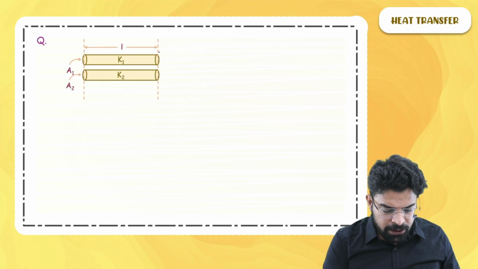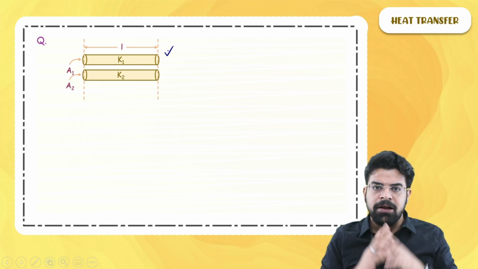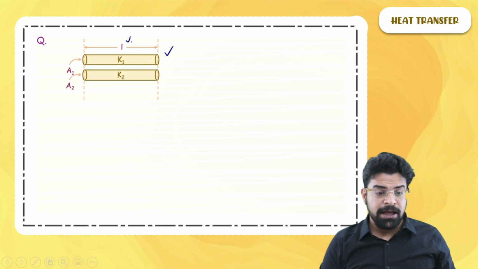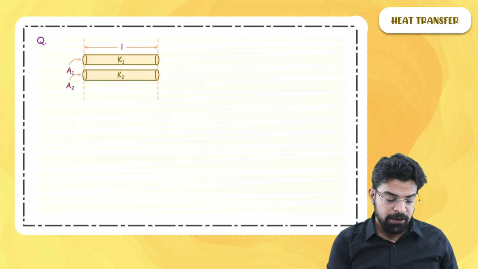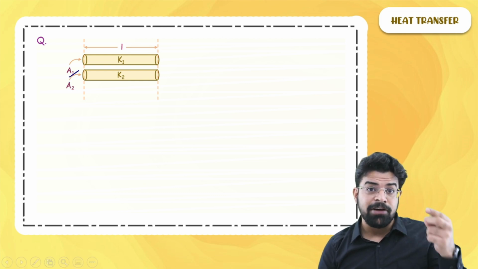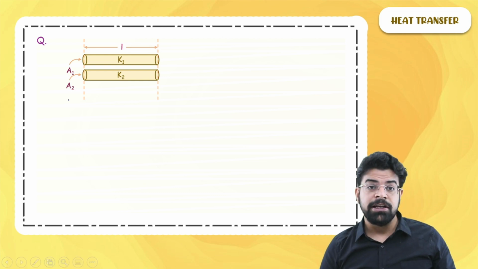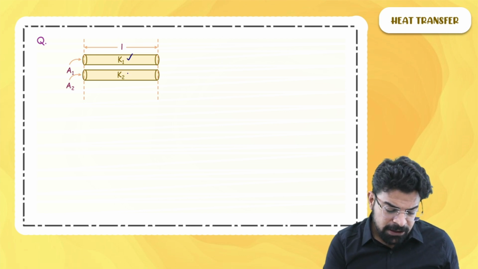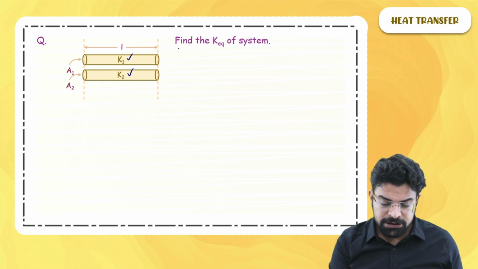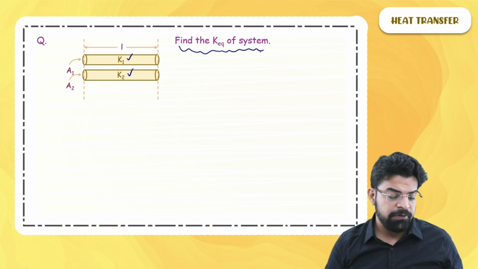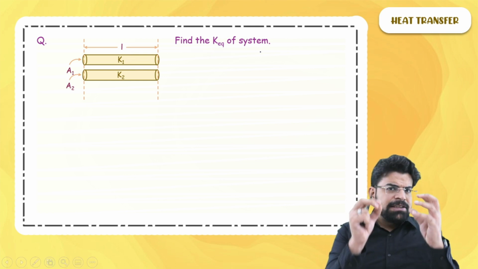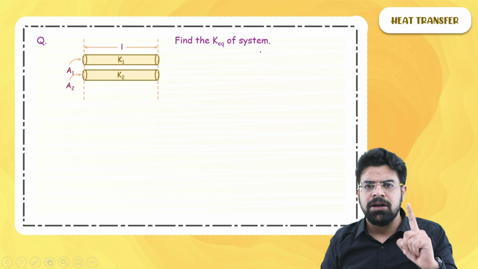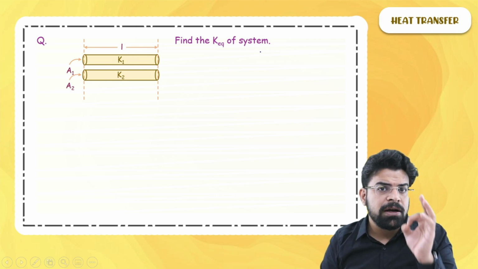Next question. Now we have got two rods in parallel. Both the rods have the same length L, but they have different cross-sectional area. The upper one has cross-sectional area A1, while the lower one has cross-sectional area A2. They have different thermal conductivity K1 and K2, and the question is, find the equivalent conductivity of the system. So replacing these two rods with a single rod, what has to be the equivalent thermal conductivity